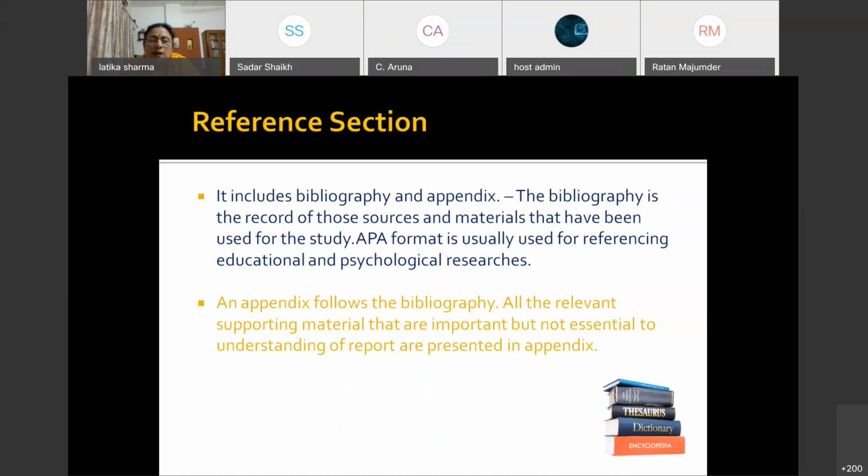A question was asked regarding reference and bibliography, and here it is. The reference section contains the list of all sources of information used by you to study the problem and to also develop tools to follow a research methodology, and of course the reviews of various related researches. So yes, the details of the tools which were surveyed by you and actually used by you. If they are standardized tools, the reference of the publishers and name of those tools should also come in